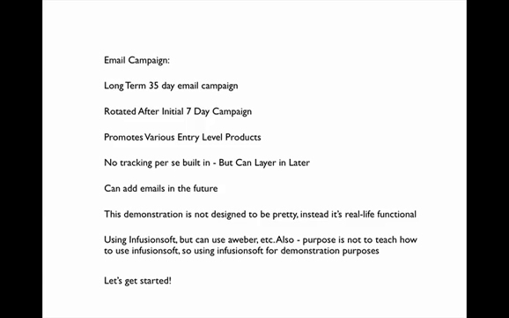After the 7 days, they roll into this 35-day campaign. This allows me to have 50 different front and low-ticket items, each with a 7-day campaign, but they don't have to be 42-day campaigns. They can each be 7-day campaigns, and then everybody, no matter what product they buy, can be rolled into this